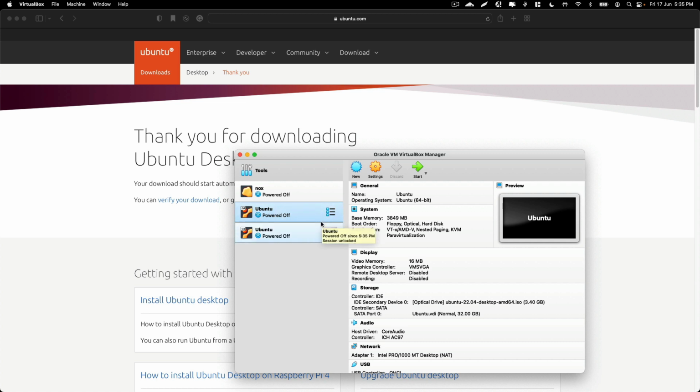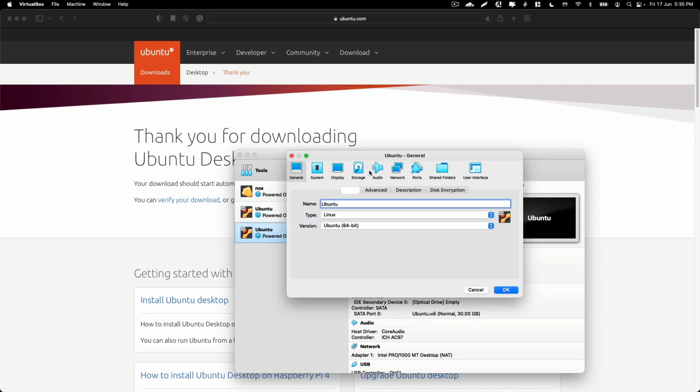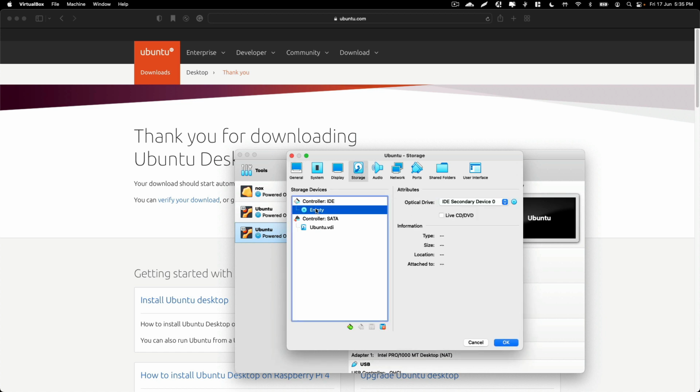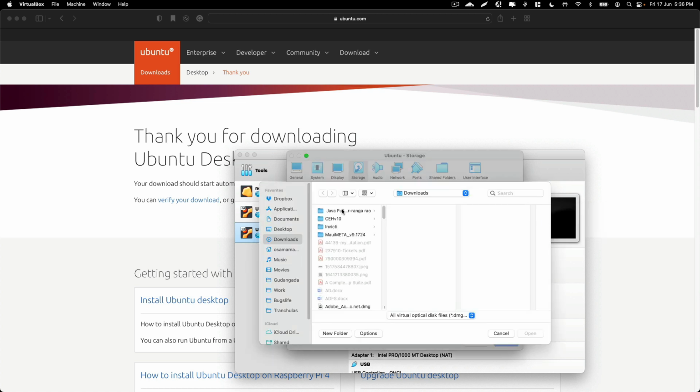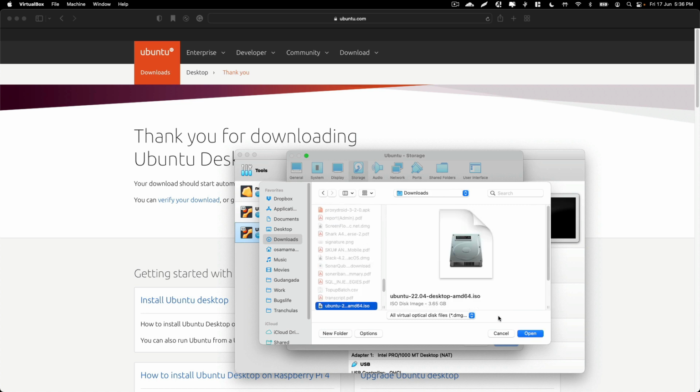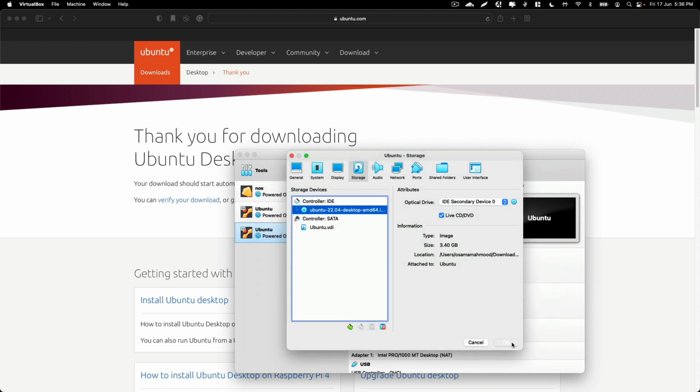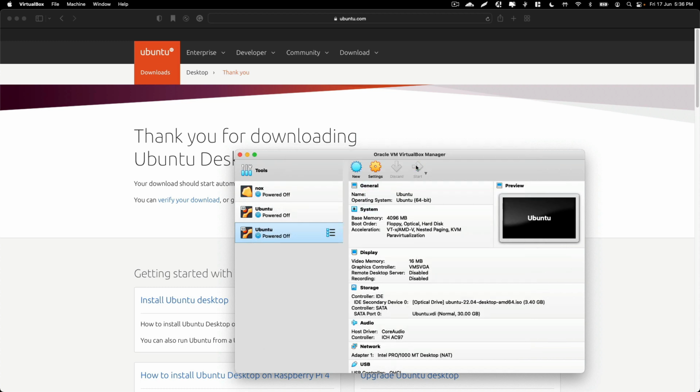Once that is done, we need to go ahead and select the virtual machine and click on settings, and in settings click on storage, and over here you will see that the IDE controller is empty. So just check live CD DVD and choose the ISO file over here. So click on choose a disk file, and mine is in the download folder. So I'm going to select the ISO file from here and click on OK, and just click on start, and